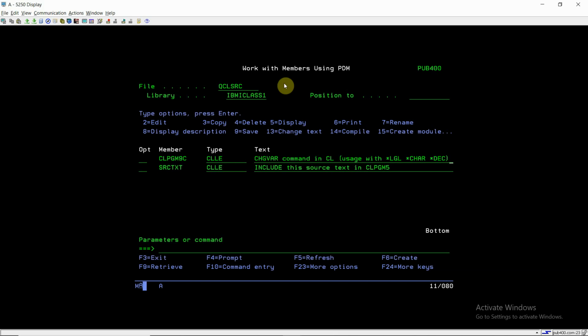The right-hand side can be a value, an expression, a variable itself, or a constant. This is what the CHGVAR command does in CL programming.